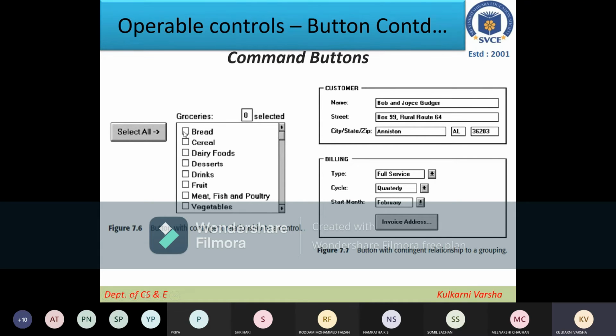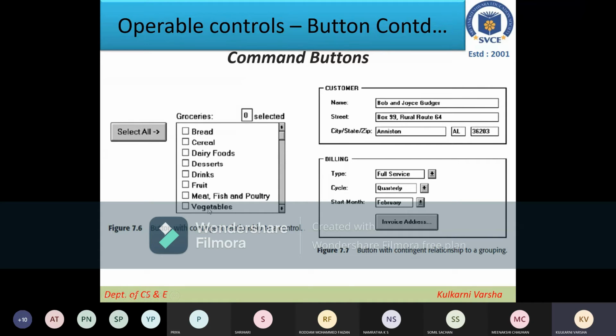Otherwise, if you don't want to select all, we can select the ones which we want. But when we want to select all, continuously clicking individually on each checkbox will take more time. So in that case, this will be very useful.